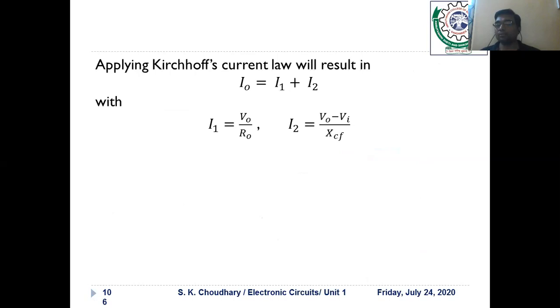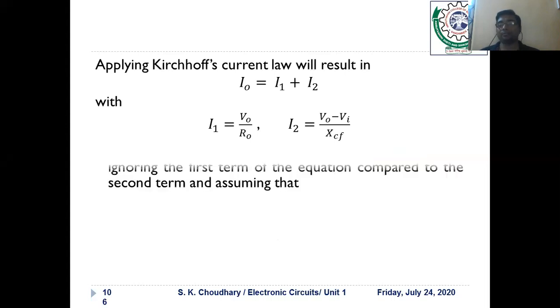But what is I2? Again, V0 minus Vi. In the previous case, I2 was Vi minus V0, because we were looking from the input side to the output side. Now we are looking from the output to the input network. So it is V0 minus Vi upon the reactance offered by the